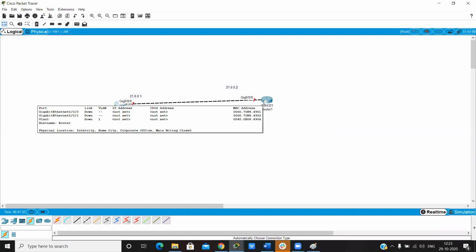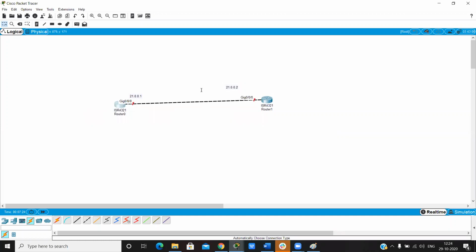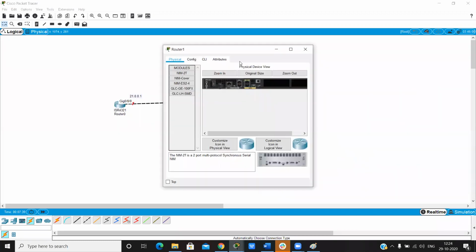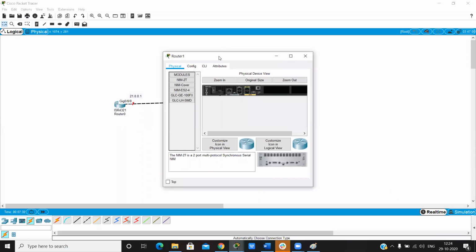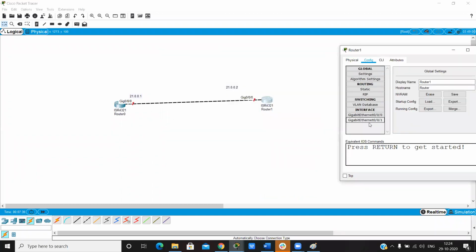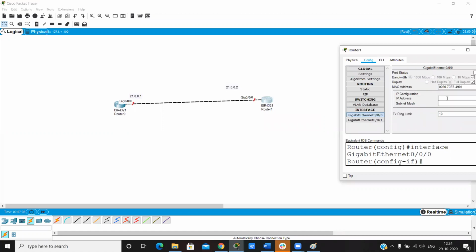When we have two routers directly connected, here we give the same network but the IP is always different. IP address is always different. I can run here 21.0.0.2 and then no shutdown.